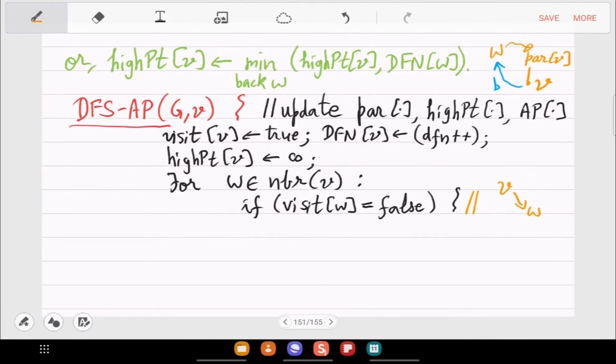Okay, so here you will have to use the first update equation. So that will be set the parent of W to V, do DFS on W,